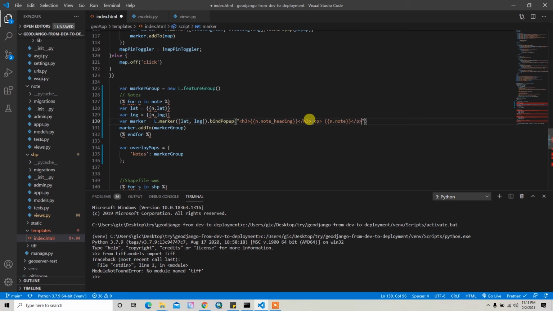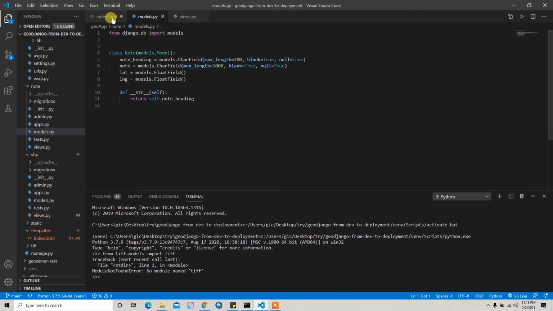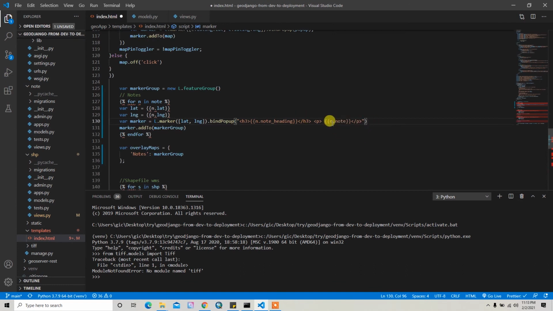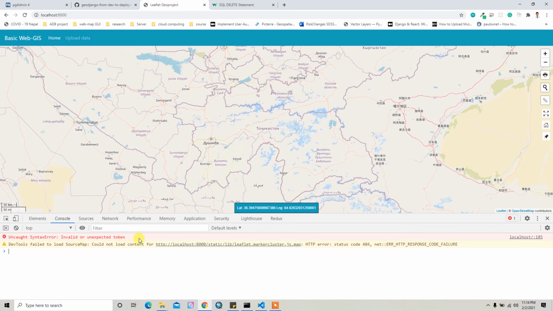If you would like latitude and longitude as well, you can just pass the lat and long in a similar manner, n dot lat, n dot long. But for me I think it does not make sense, so I just added the node heading and the actual node content. And then if I save it and go to our template and reload it, there is something wrong.